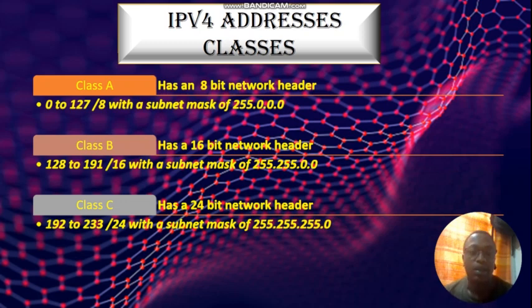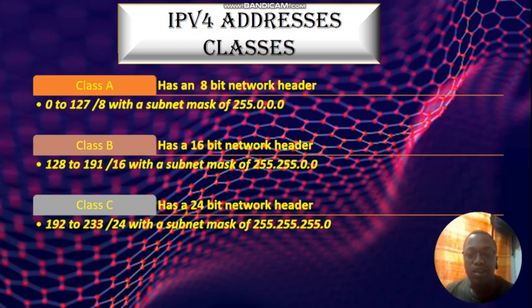There is class A, class B, class C, class D and class E. Sorry for that. And the class D and E are reserved for other purposes. Others are research IP addresses, and others are given to institutions. But